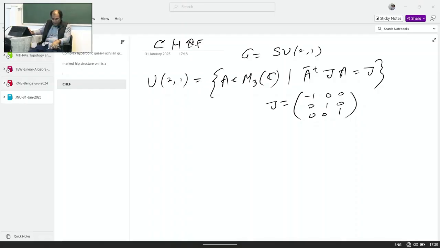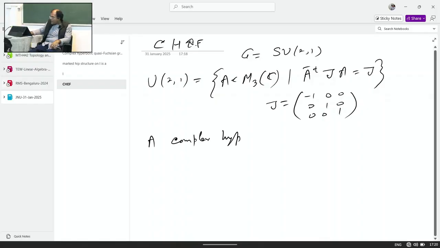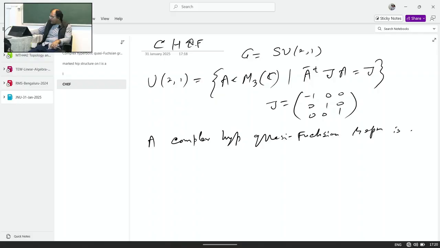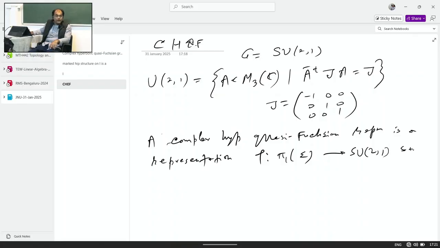Now a complex hyperbolic quasi-Fuchsian representation is a representation rho from pi 1 sigma to SU(2,1) such that